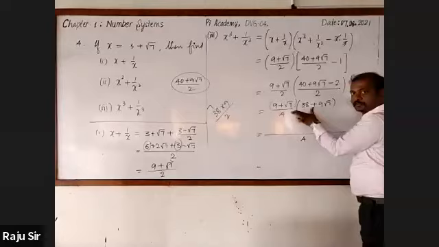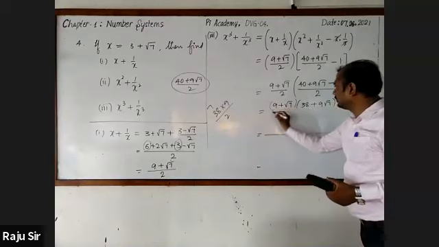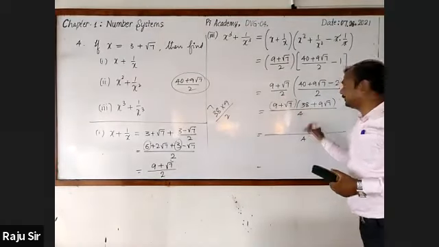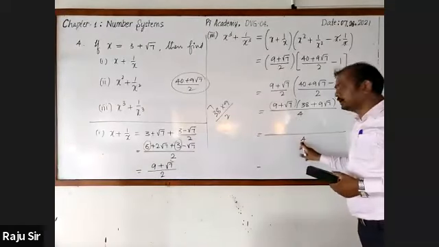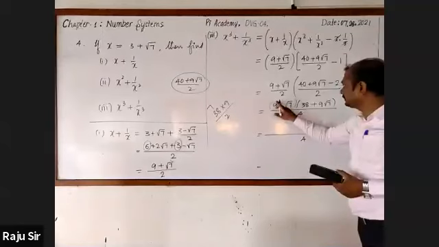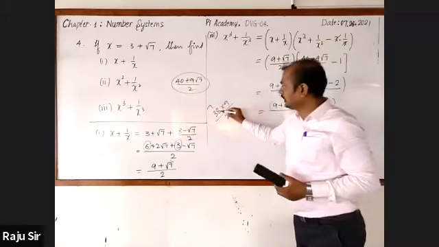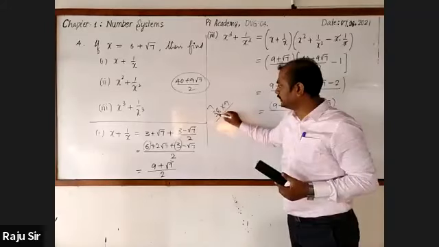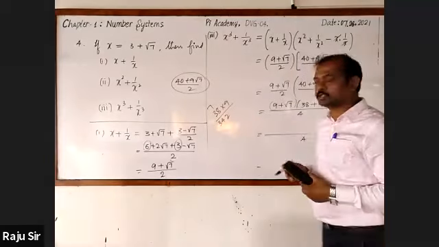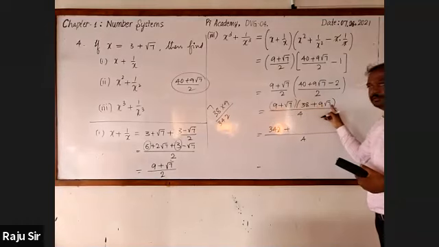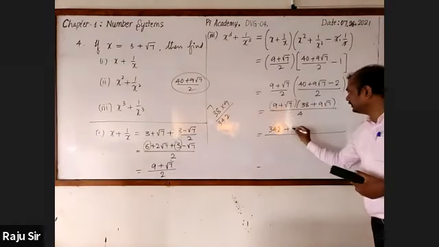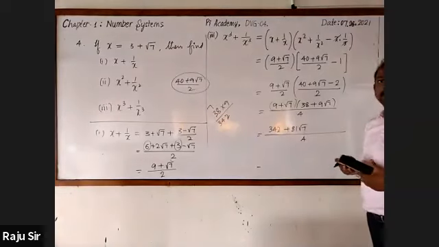Got it? Yes, sir. Okay, I'll write like this. In the denominator, they are multiplied. Understood? Yes, sir. Next, denominator 4 as this. Now let us multiply 9 with 38. Here, 9 8s are 72, 72 plus 270 is 342. 342 plus multiply 9 with this term. 9 9s are 81 into root 7.